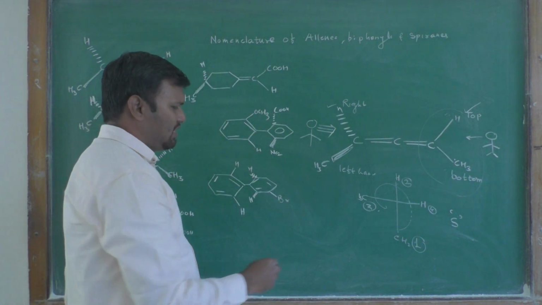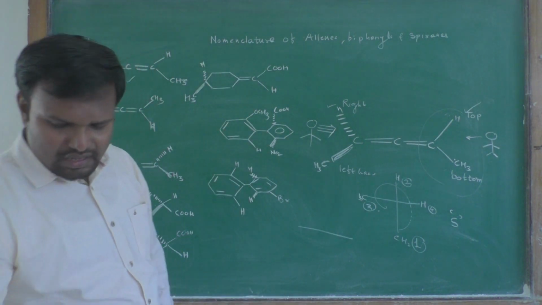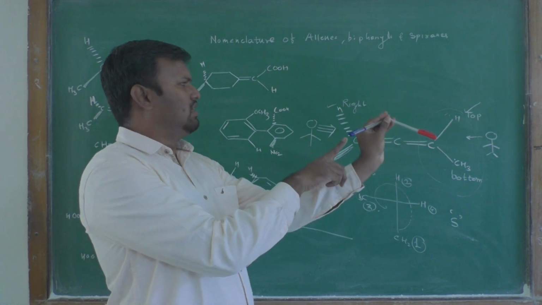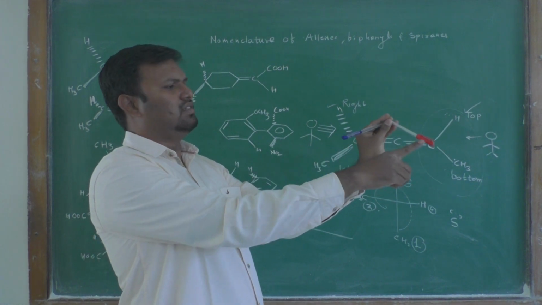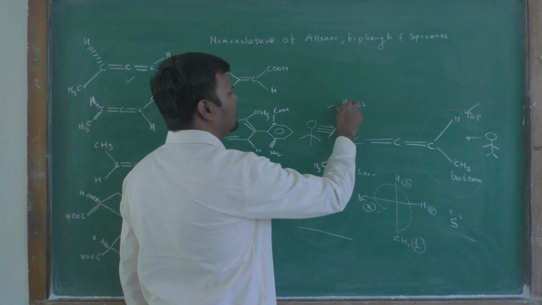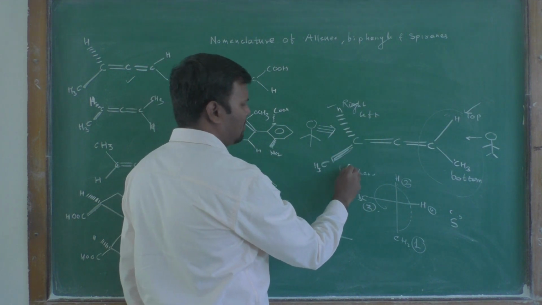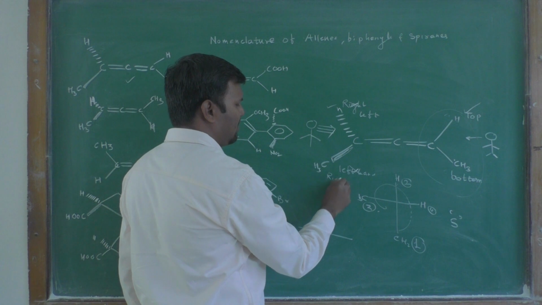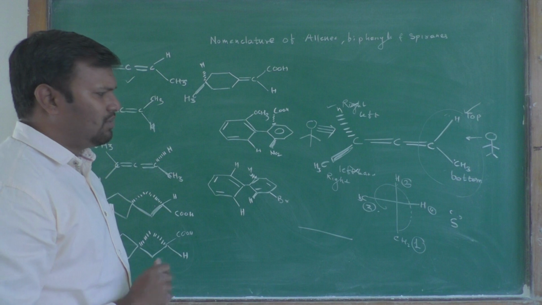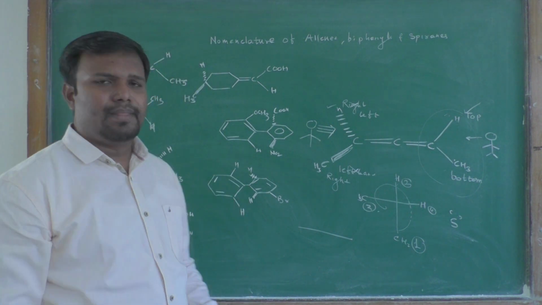Therefore, when you look from this side at the horizontal line, hydrogen is on the right. If you are looking from this side, hydrogen is on your left-hand side and this is the right-hand side. If you look from that side, you find that this hydrogen is the left one and this CH3 is the right-hand side, correct. The perspective changes depending on where you are looking at the molecule from.